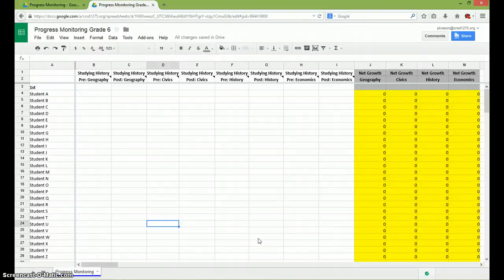So I want to introduce a tool that we're going to use for progress monitoring in social studies. It's in the form of a Google spreadsheet currently, and with social studies, it's a little bit more difficult to track and progress monitor than, say, a subject like math, where it's a lot more cut and dry in many ways. With social studies, there's a lot more concepts, and so we had to decide on four major categories to